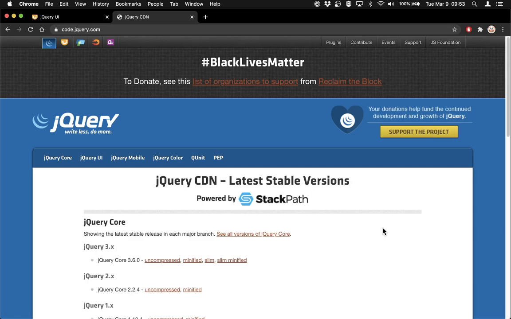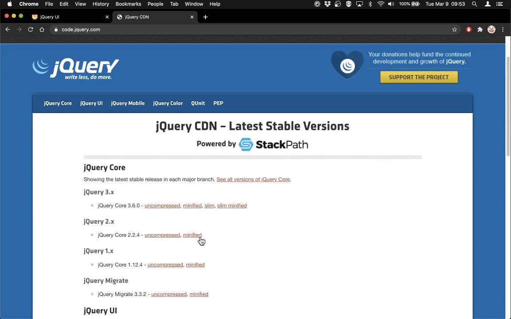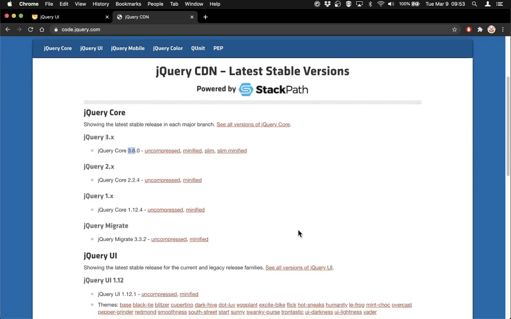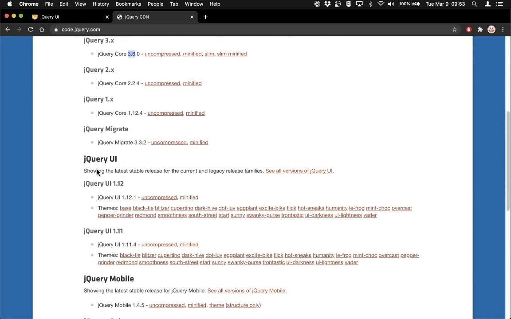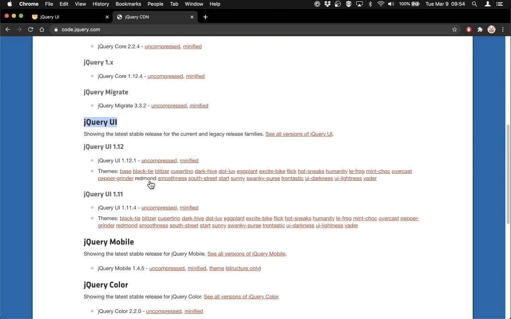code.jquery.com. So we already know that we can obtain jQuery here, and I see that they've already updated jQuery since I was last looking at it. So now we have jQuery Core 3.6. So it's been a new release since I was last looking at this, when I was looking at 3.5.1. And if we just scroll down a teeny bit, we get to jQuery UI here as well, right? And again, it gives us our options for obtaining jQuery UI. We might as well use the most recent version,